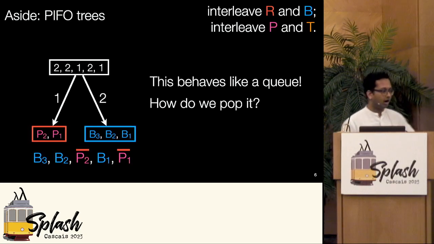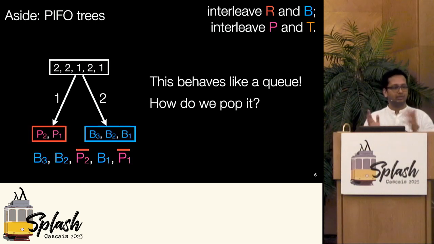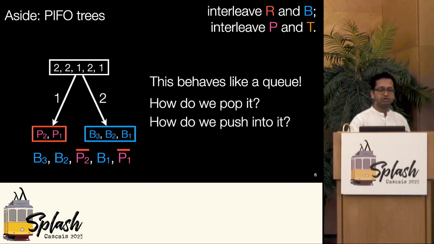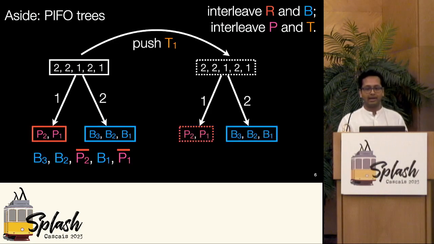I'm going to put these bars over the purple packets just to show you that those are actually also red packets. This will become germane shortly. Let's push into this tree. So our tangerine packet, the first tangerine packet, is arriving, and where does it go? Well, it's going to go into this suggestively red-colored left leaf, okay?